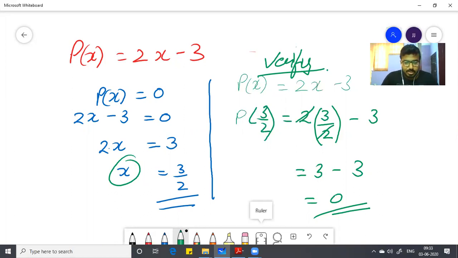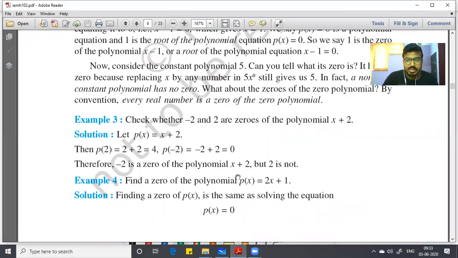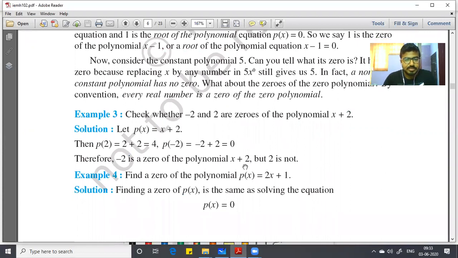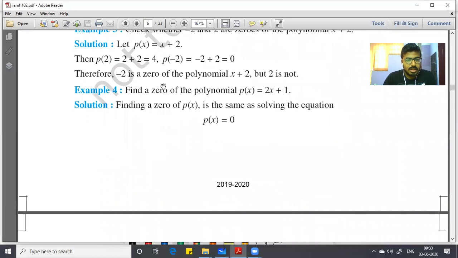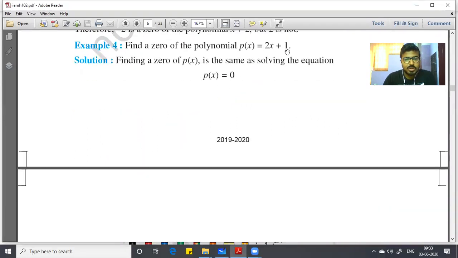Okay, now see this portion, the zeros, finding out zeros and what is 0 is very important. Now find a 0 of the polynomial 2x plus 1. अभी देखो 2x plus 1 का 0 find out करना है। Now tell me, p of x इक्वल टू 2x plus 1, और आपको फाइंड आउट करना है 2x plus 1 का 0। सो p of x इक्वल टू 0 कर दो।